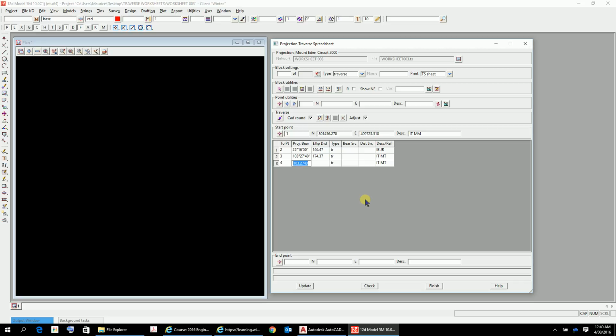And then finally we go 236.40.1120, and that's for 225.48. Okay, traverse, and that's to ITSC,